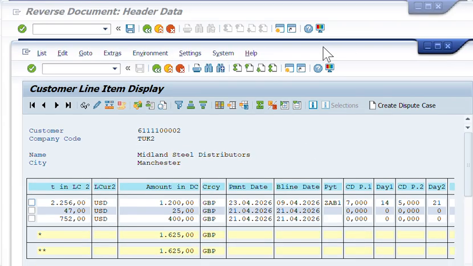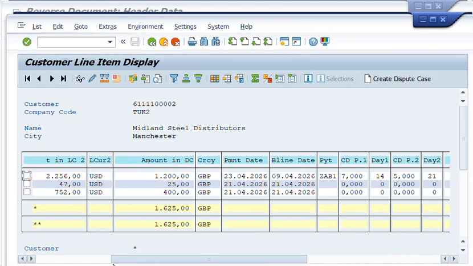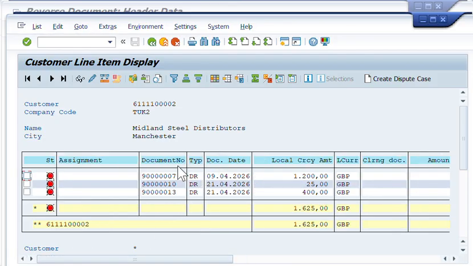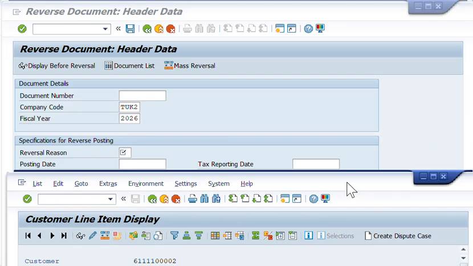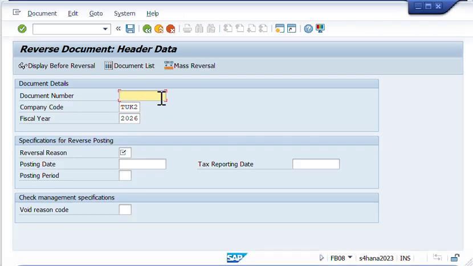See this one. Let's go back. And this is our document number. Our transaction is 400. We will reverse this so we can change the amount. So 9013. So we can search from here, or we can just type in